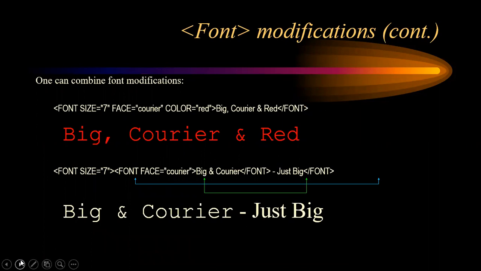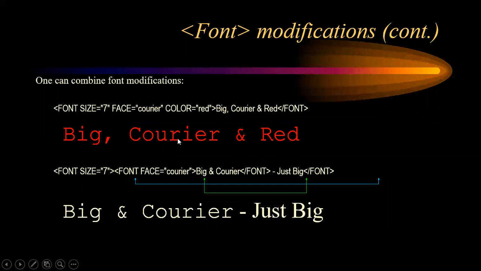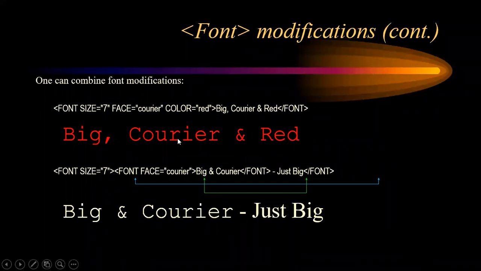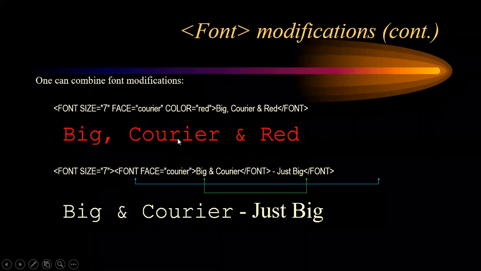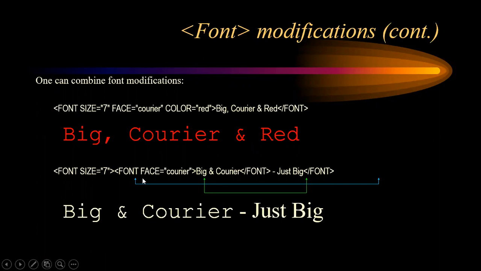One can combine the font modifications. We can apply a font size of 7, face of Courier, color red over the same text, big Courier red, and big Courier red appears in size 7, face Courier, and color red. So it means we can combine these different attributes in a single tag. Instead of different tags, we can apply them in a single tag. Here you can see that this is your font, size is 7, face is Courier, and then these will be applied on the